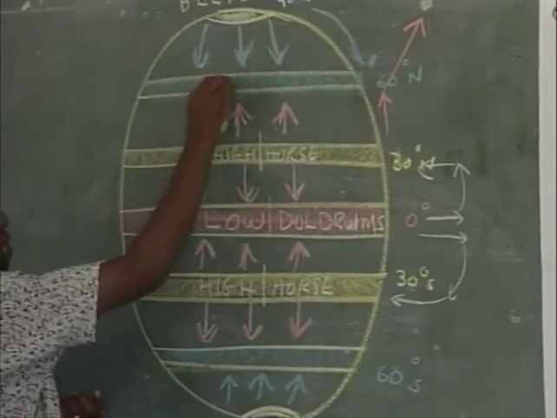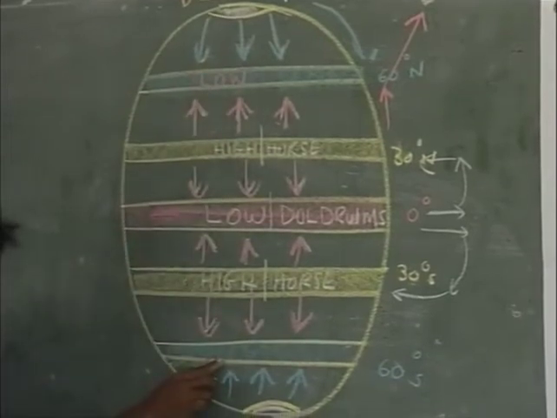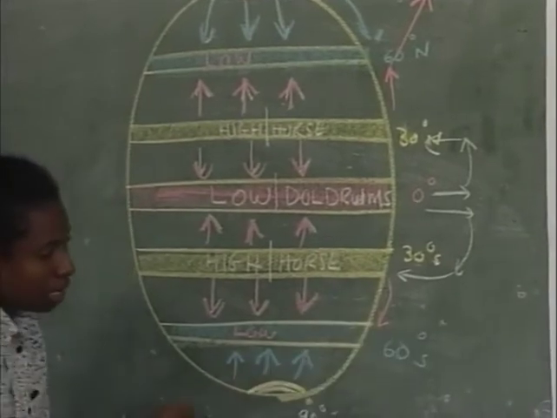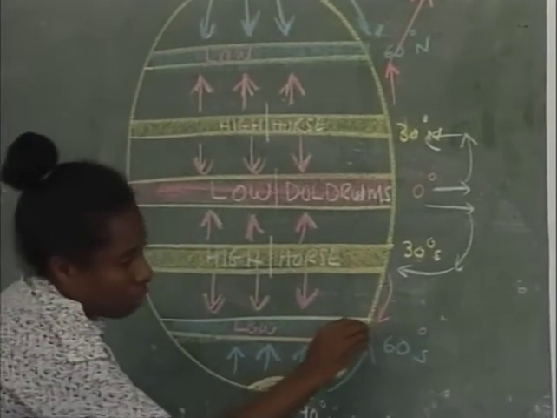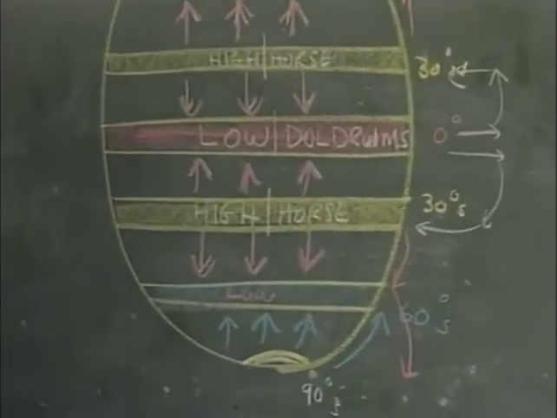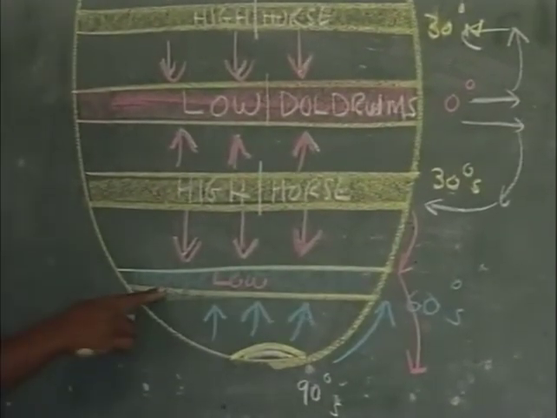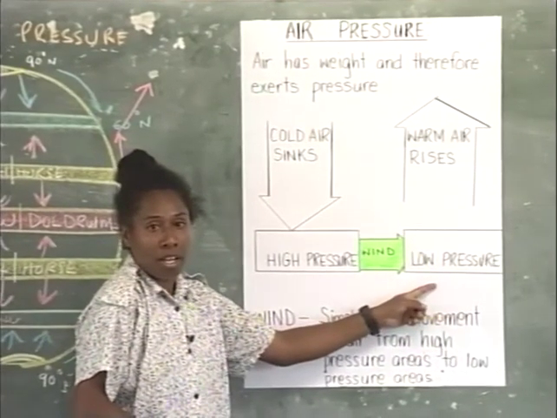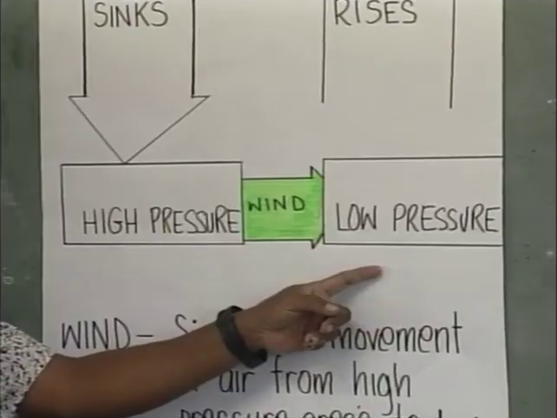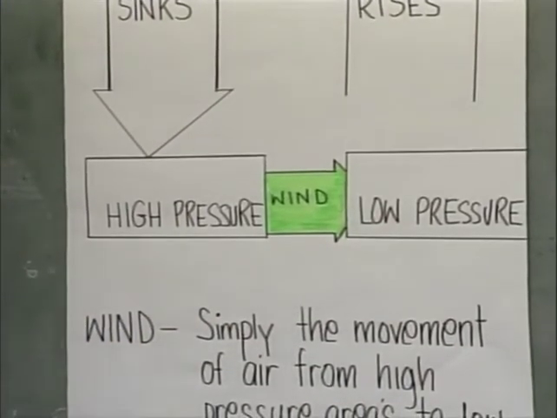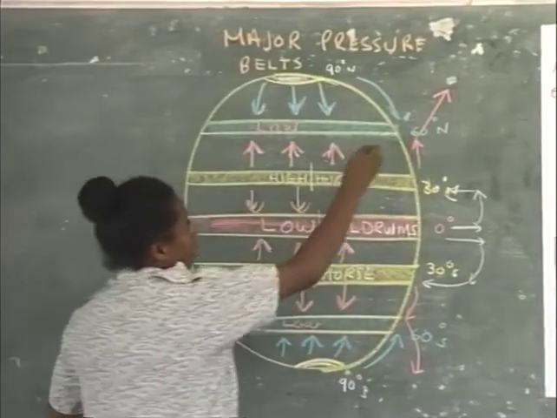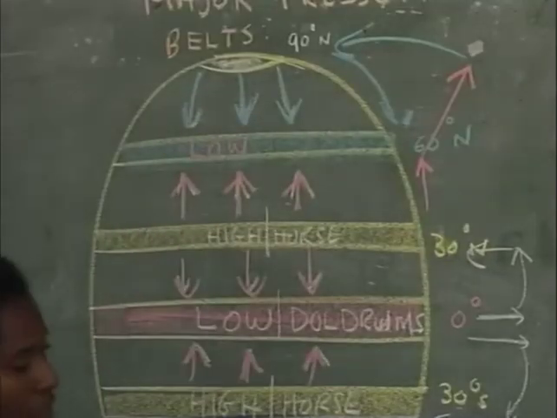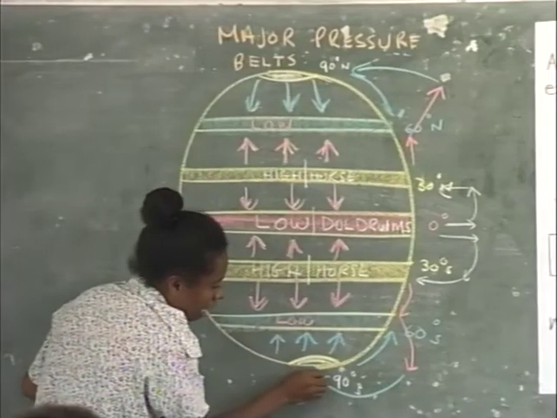A low pressure area. Similarly, here, a low pressure simply because the warm air will meet up with the cold air and the warm air rises, resulting in a low pressure area. Because here we found out that when air rises, it gives rise to a low pressure. Okay, the air which is rising here will finally cool and it will sink. And when it sinks, it will sink about 90 degrees north. Similarly, over here, the air will cool and sink.